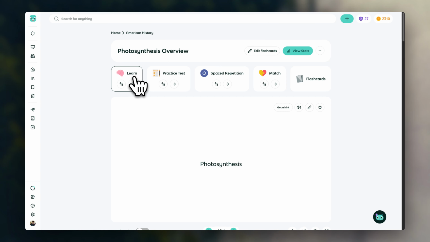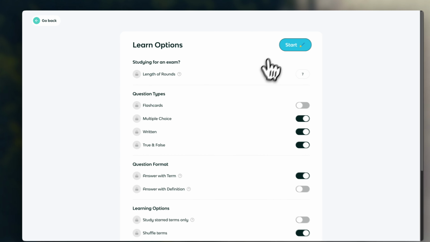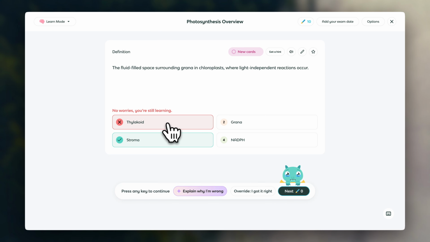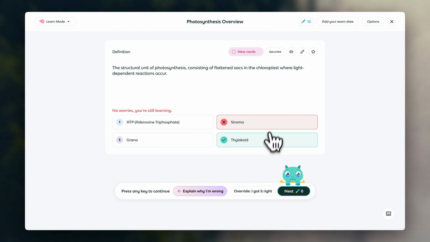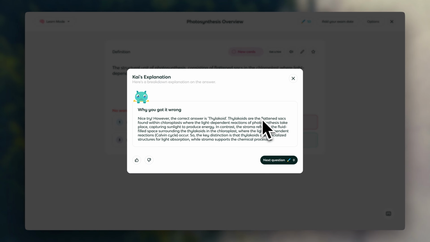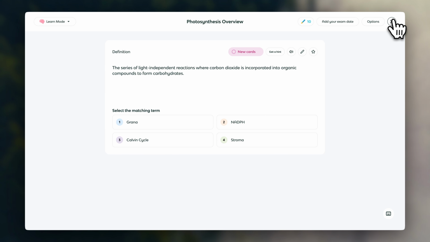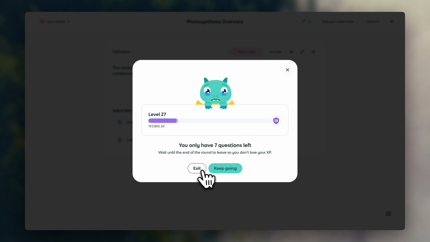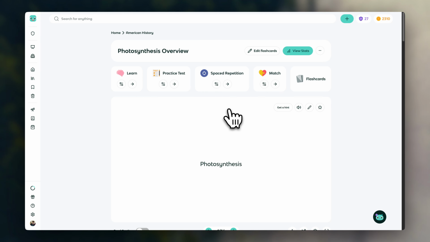So students can go through learn mode, practice test, spaced repetition, match. So similar to how they would on a platform like Quizlet, they go in and start answering questions. You can even get explanations for why you get things wrong as you go through it. One of the greatest ways that a student could have to learn. You can see gamification is built in throughout the site, so kids are earning coins, they're leveling up, and then